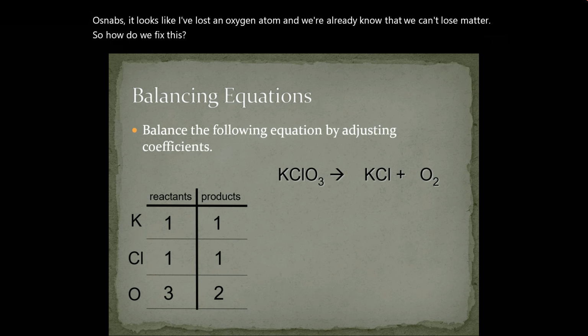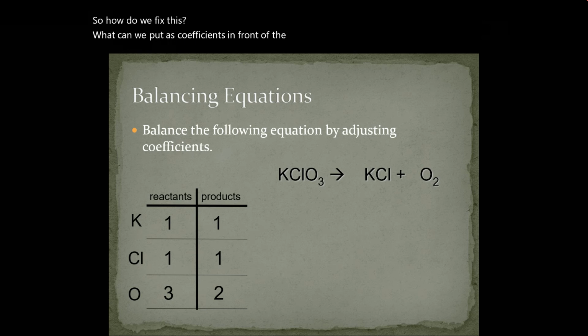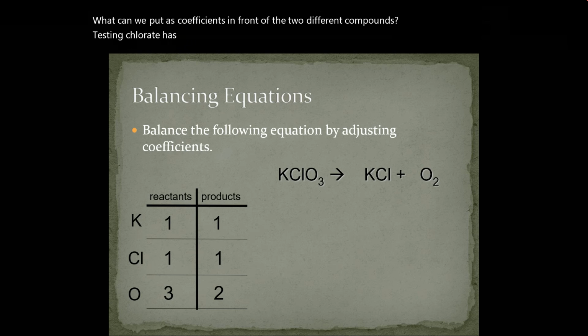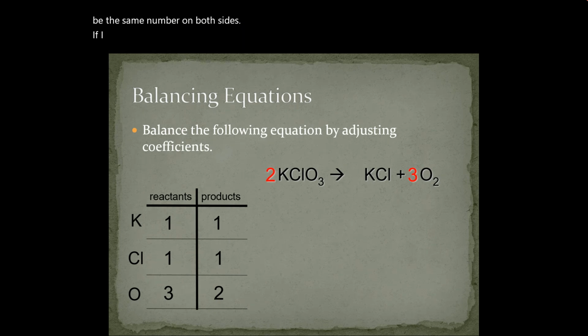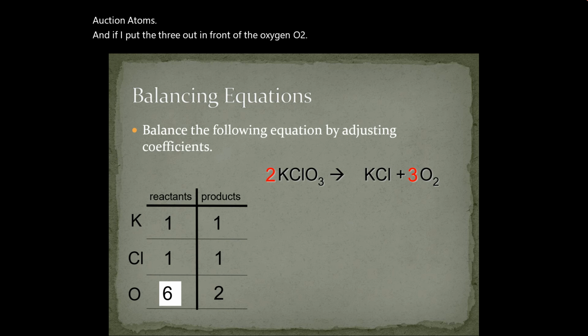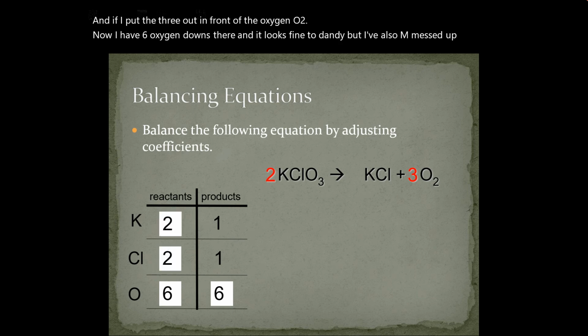What can we put as coefficients in front of the 2 different compounds, the potassium chlorate that has the oxygens and the oxygen molecule that has the oxygens, to make there be the same number on both sides? Well, if I put a 2 out in front of the potassium chlorate, now I have 6 oxygen atoms. And if I put the 3 out in front of the oxygen, O2, well, now I have 6 oxygen atoms there, and it looks fine and dandy, but I've also messed up my chlorines